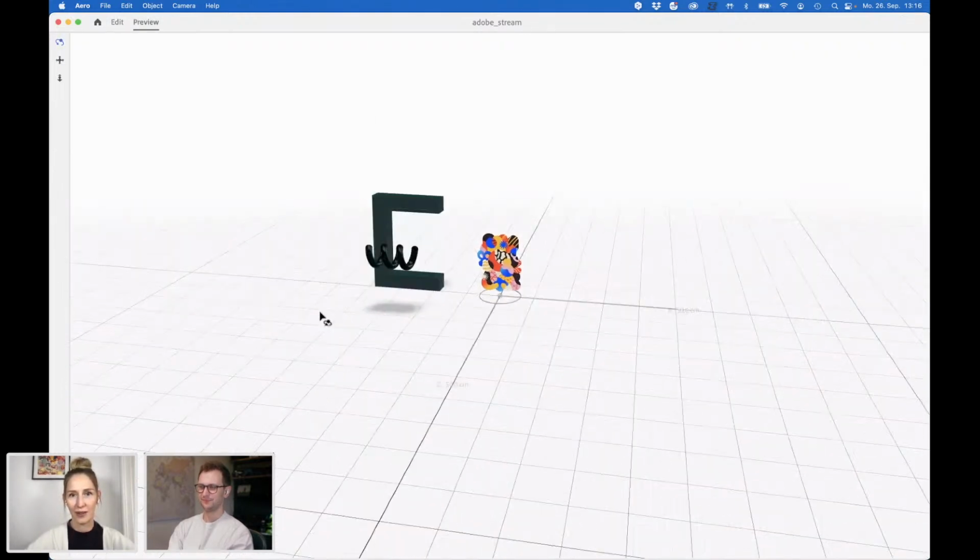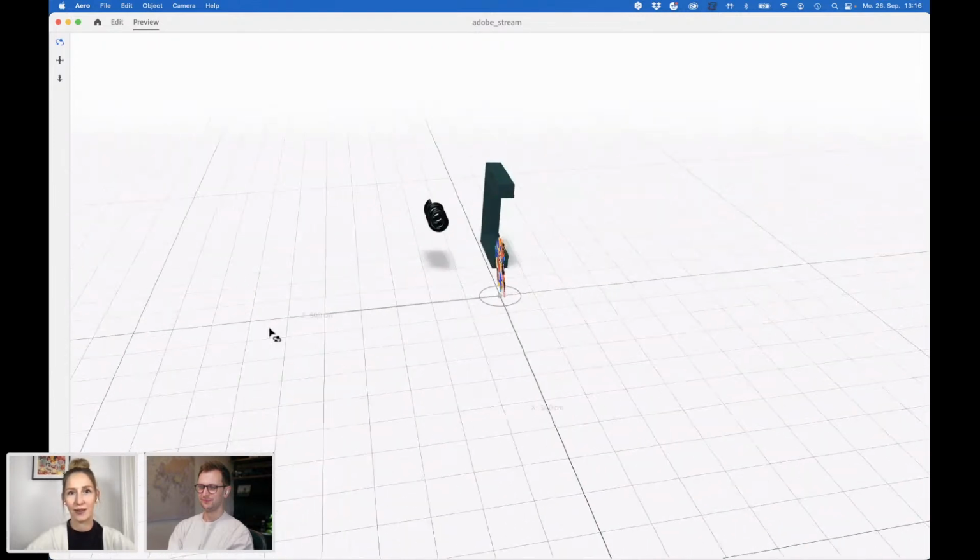So now we have something to preview. That's super fun because, as you can see, this funny swirl is not added to the E shape. So if you think about it big scale, you can walk through it. And that's the thing that I found super interesting when it comes to augmented reality, that you can explore it from so many different angles.